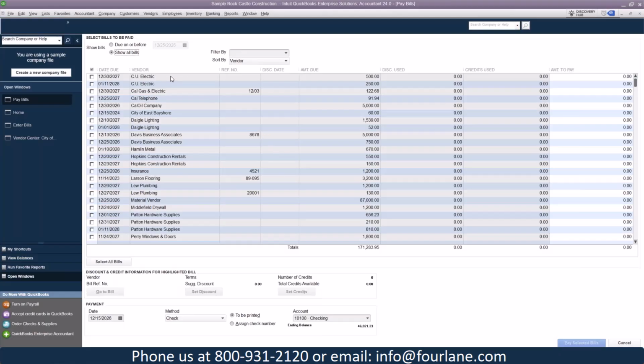And you can see that it's going to give you information about the open bill. So this is different, not the date of the bill, but the date due. Okay, the vendor, the reference number. If we entered that discount date, we would see that in here. And then, of course, our amount due. If we had any credits with that vendor, when you select a vendor, it's going to populate down here so that you can attach a credit to it. And then you can change the amount you're going to pay. So in this case, for Dave's business associate, if I just wanted to pay $2,000,